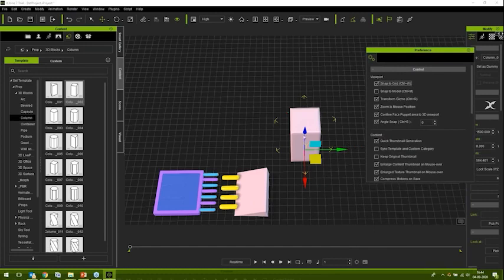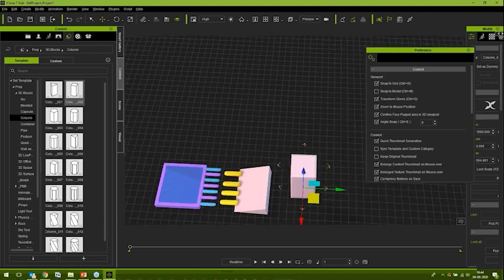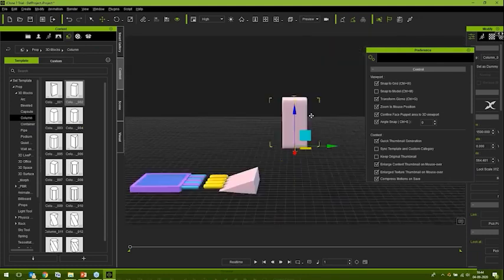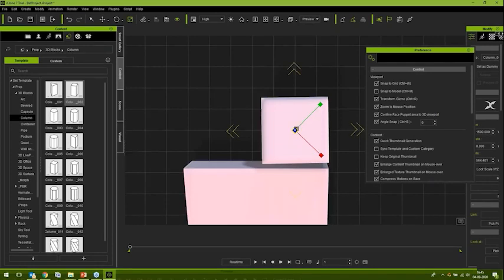See, snap on the grid, and then I'm moving the box. R, and again matching the height. Then go to the top. For the scale,